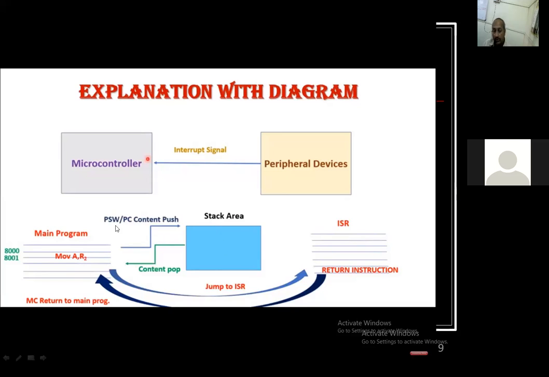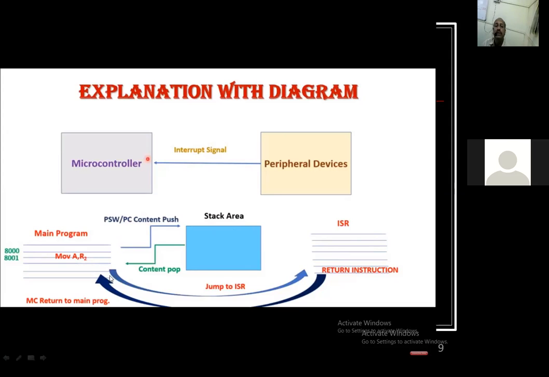As I told in the first slide today, that is the importance of PSW. Right now what is the parity, is the carry set, is the zero flag set. All this information is stored in the stack, because whenever the control comes back from the subroutine to the main program, it is required.